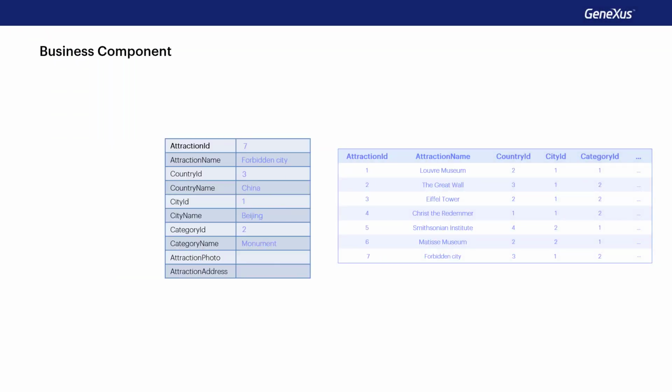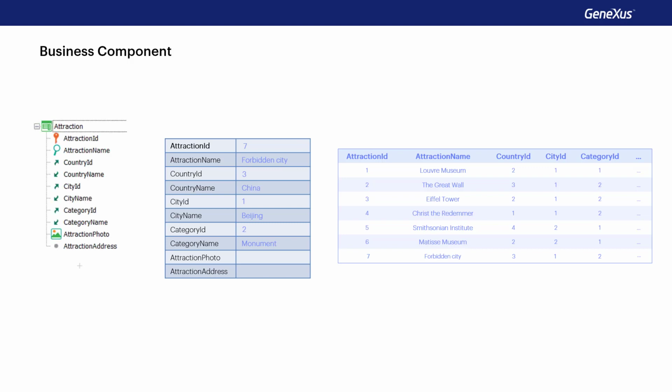In the previous video, we were given a detailed overview of familiar concepts to pave the way for understanding and using business components. From the transaction structure with its logic, and by logic we mean controls for duplicates, not only primary key, but also candidate keys, referential integrity, most of its rules and some of its events, a kind of data type similar to an SDT but much more powerful is obtained.